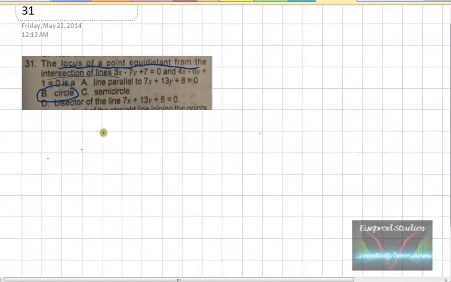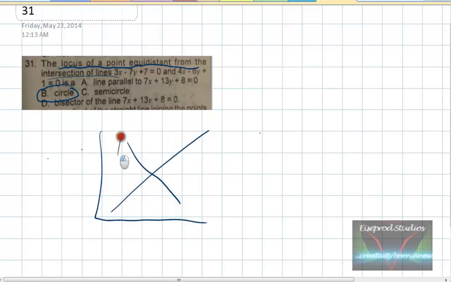So, really, you could take any two lines. Here's a line, and here's a line. And I'll use a different color to show exactly where they intersect. They intersect right there. So a point that's equidistant from the intersection of the lines can easily be represented by a circle. A circle will, anywhere you go on the circle, anywhere you draw a dot on that circle, will be equidistant from